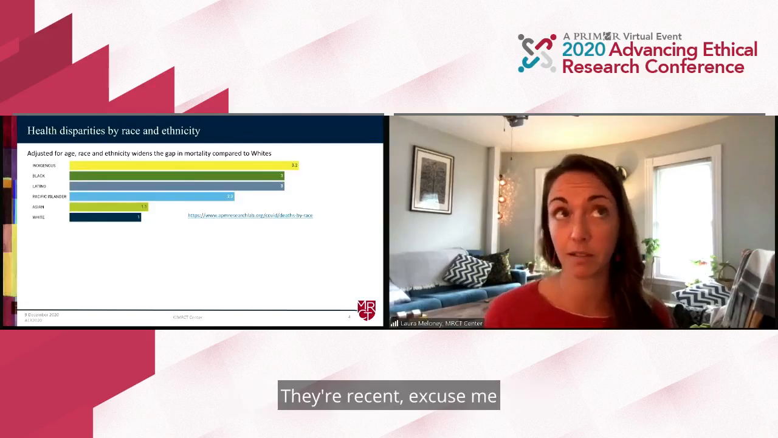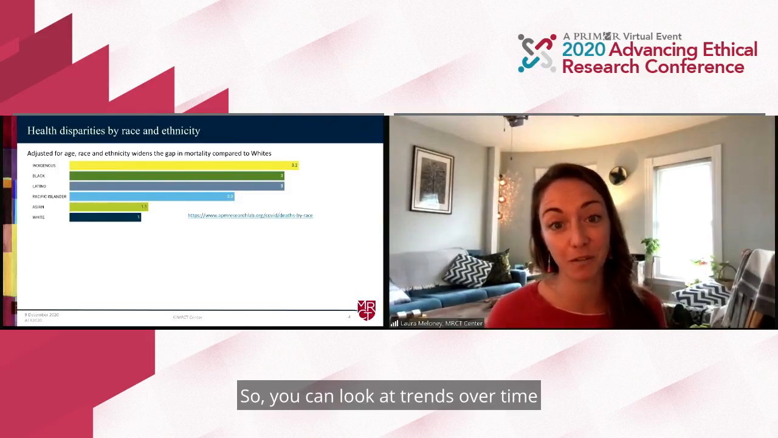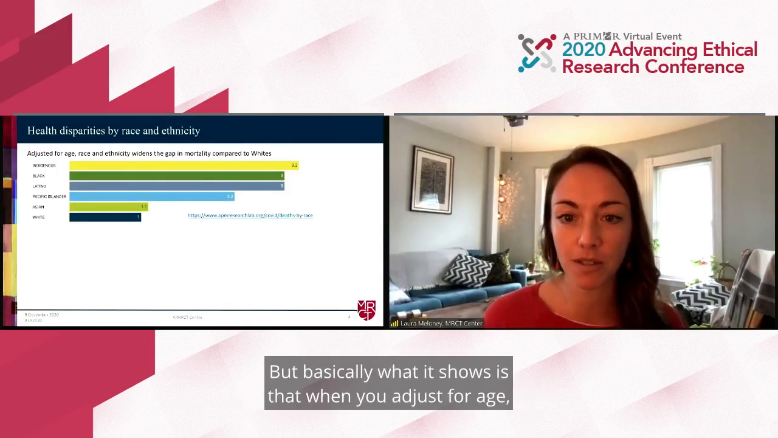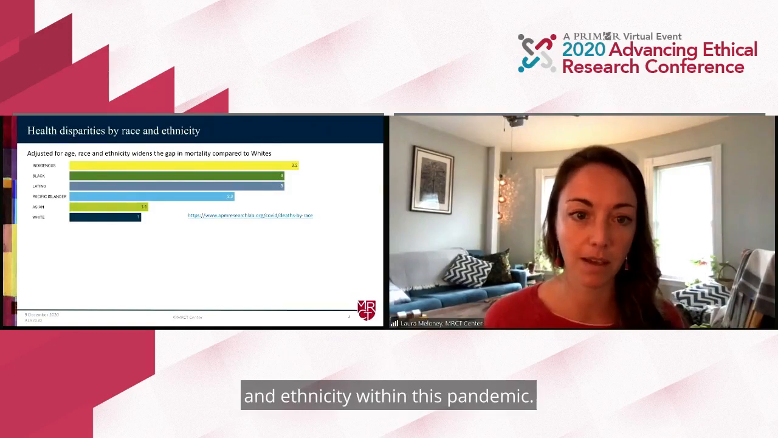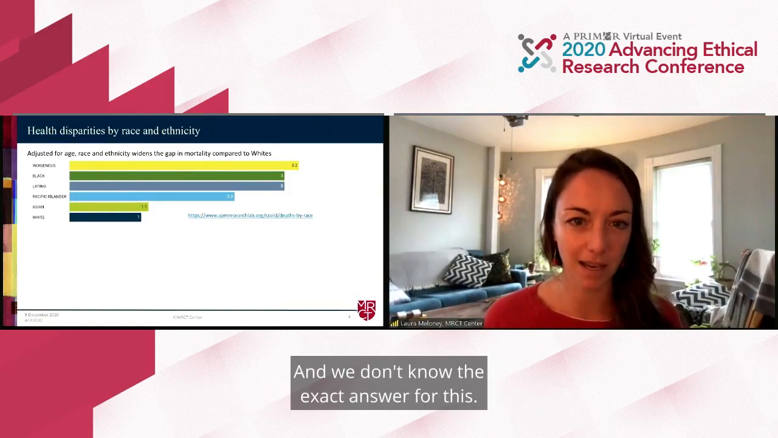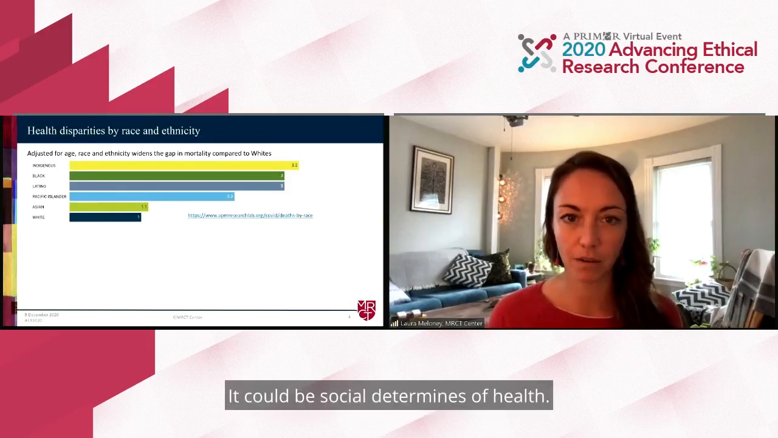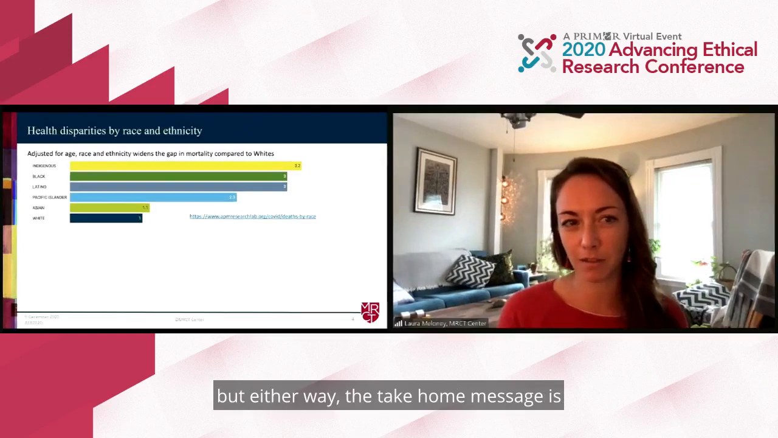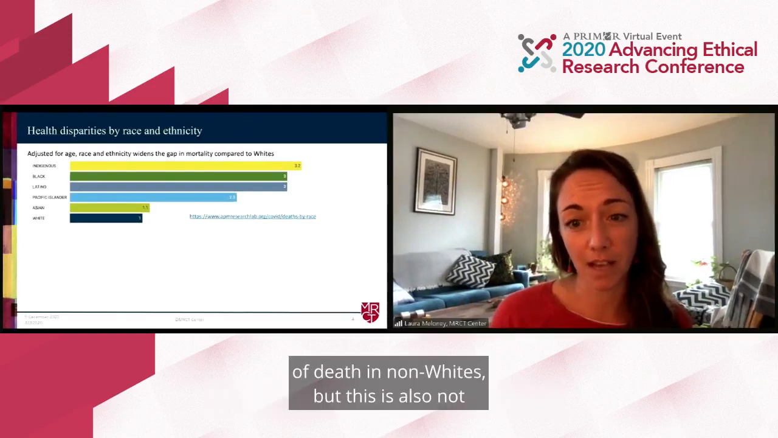They're releasing data tomorrow, so you can look at trends over time if you want to go onto their website tomorrow. But basically what it shows is that when you adjust for age, there's a widening mortality gap between race and ethnicity within this pandemic. And we don't know the exact answer for this. It could be social determinants of health. It could be comorbidities. But either way, the take-home message is that there is a disproportionate amount of death in